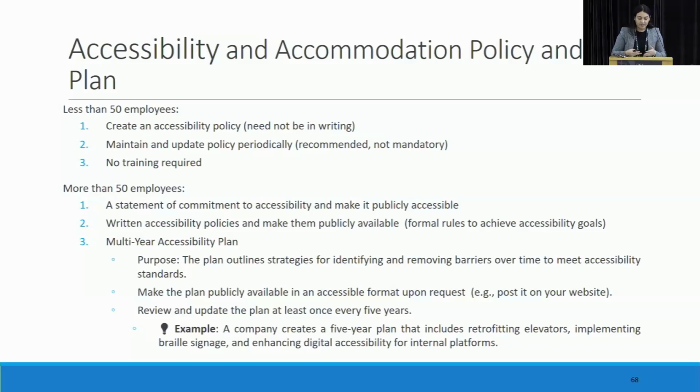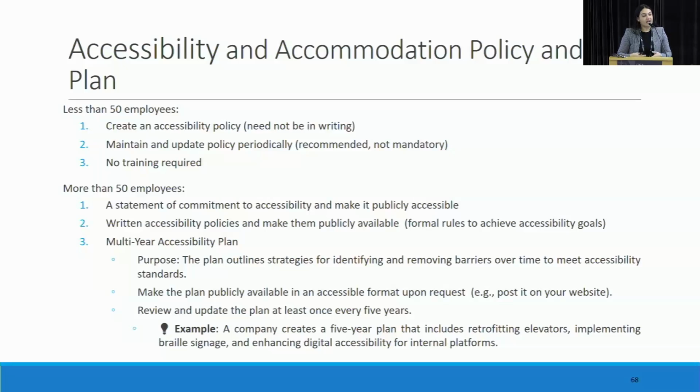So finally, the second part of this is about accommodation, right? So everybody, as I indicated, has an obligation to accommodate in line with the Human Rights Code. However, the nature of how these accommodations are provided is also going to depend on how many employees you have. So if you have less than 50 employees, you have to accommodate your employees where possible and allowable.